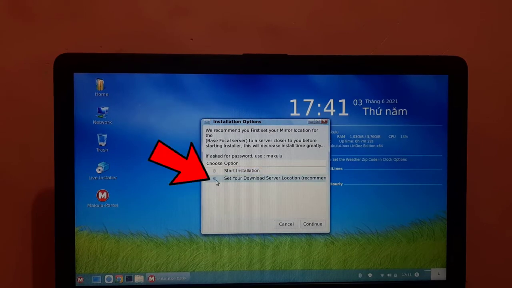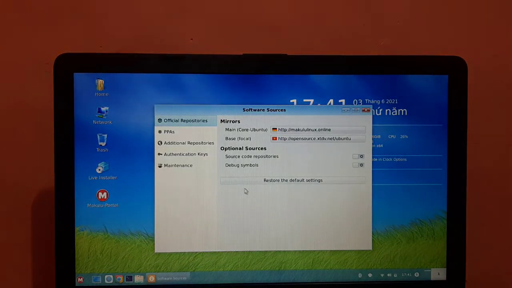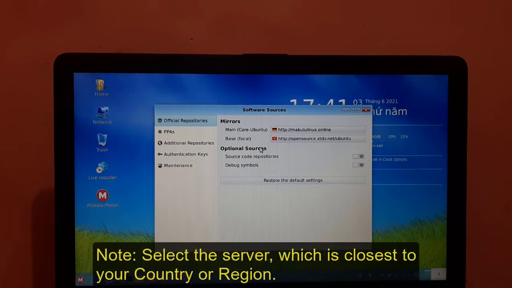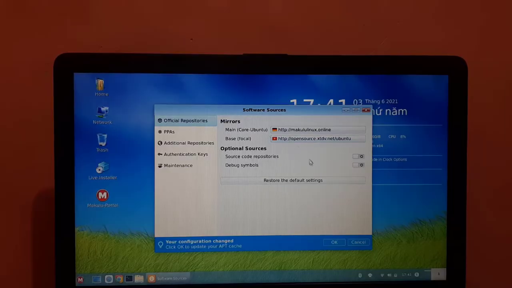To configure the server, click on set your download server location and click on continue. I recommend you select the server which is closest to your country. After setting up the server, simply click on OK.